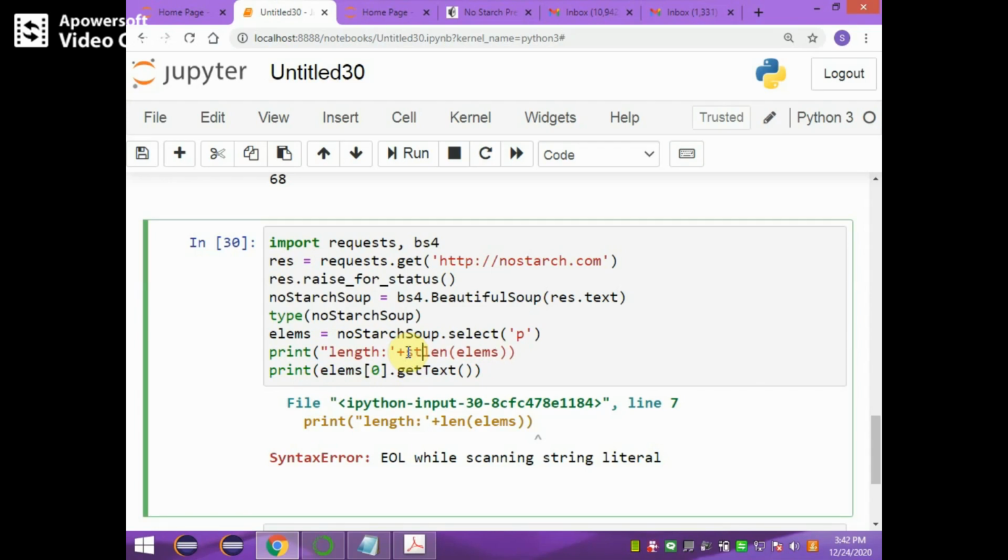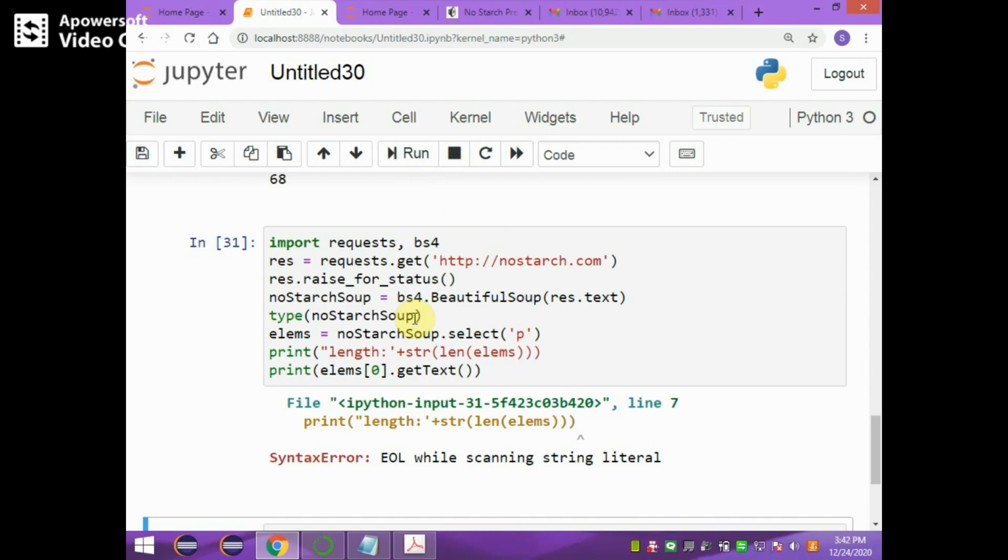We have to convert the integer to a string by using the str function. Now the brackets, one, two and three, we have to close. Now you see, run, and if there are any more mistakes, we have to see what that mistake is.